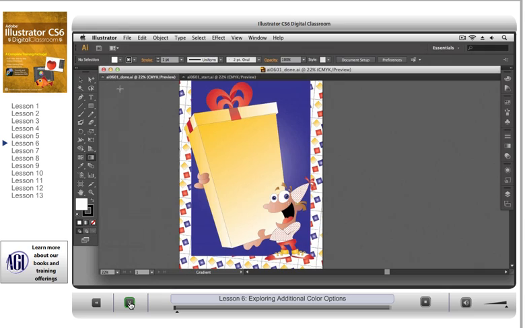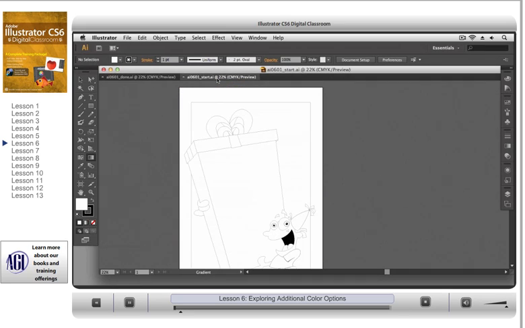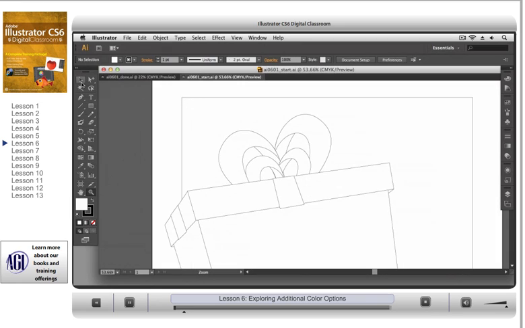I have open the AI0601_done file. You can see this has many different gradients and fill patterns applied to it. I also have open the start file, just a black and white version, just to get us started with gradients and patterns. I'm going to click on the zoom tool, zoom into the top area, and then switch to the